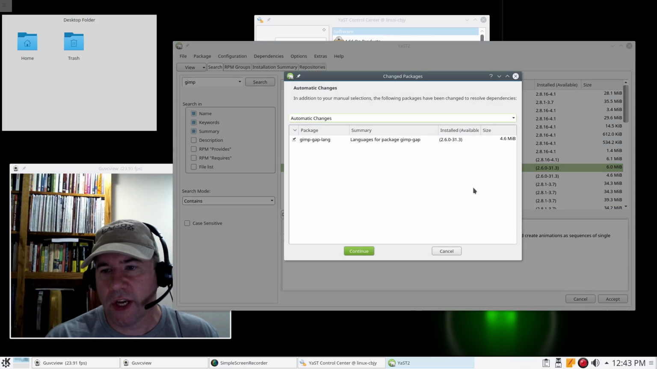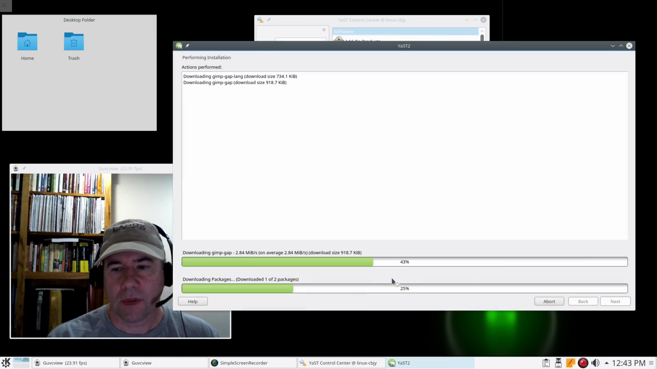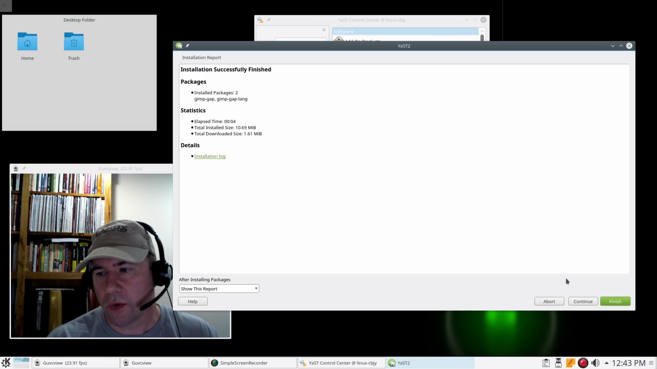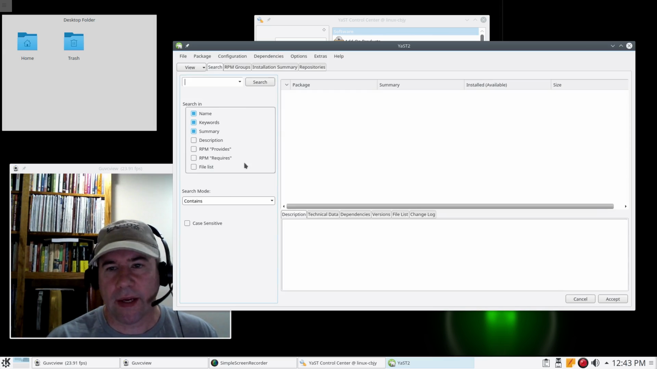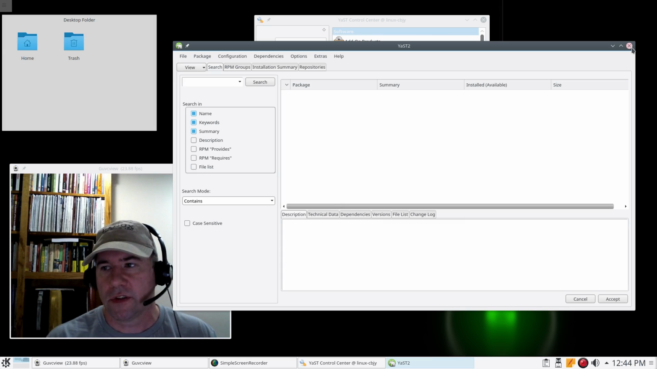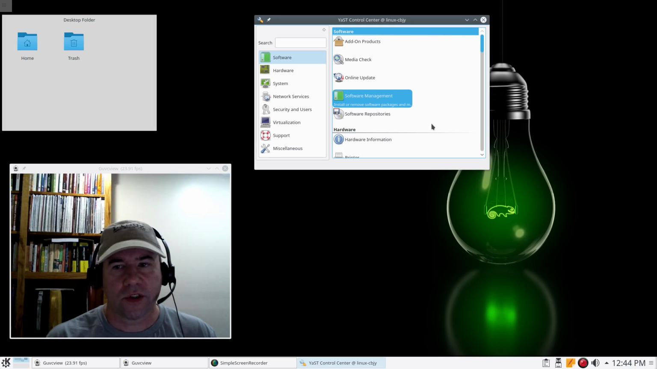It'll show you what changes it's going to make. Continue, and boom, it does the installation. Nice and easy to work with. Click continue, and you can come back and add other packages, and you can go and select tons and tons of packages to install. There's no crashes, no glitches. Everything just works the way it should. So as far as installing software,